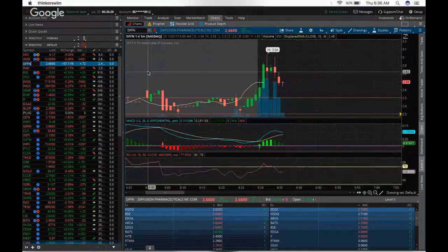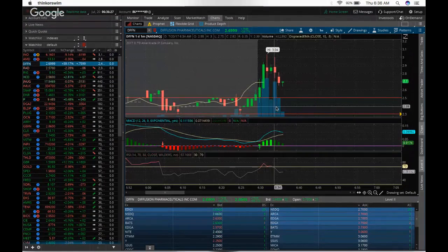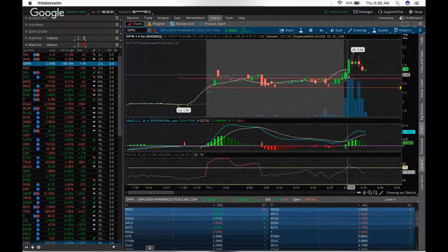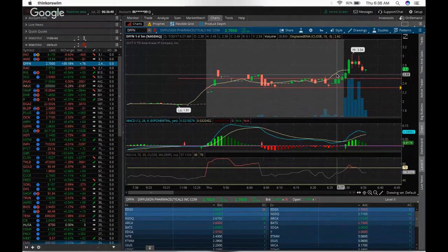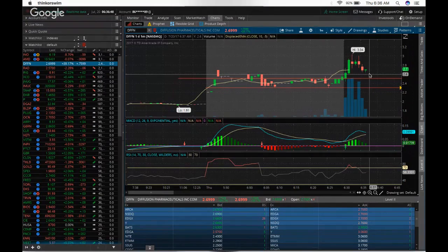So again, DFN had a nice little break when it broke above the resistance. We call these breakouts. It broke a resistance that I had during pre-market hours, and once it broke that, not only did it break the previous resistance that I had at 260, it hit a high of $3, which is a common trend, that it either goes at fives or zeros, right? It hit $3 and is now seeing a pullback, and is most likely going to try to bounce at around 250 to 260. Guys, for those that think that it's always going to continue to rise,